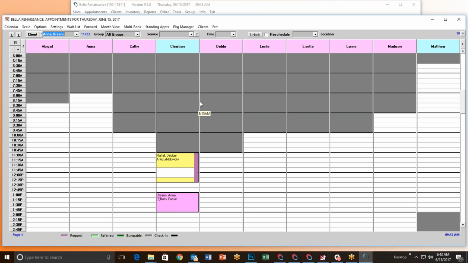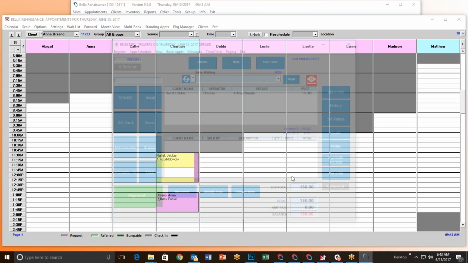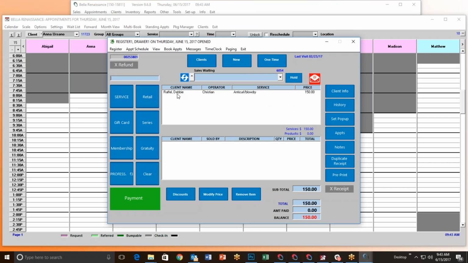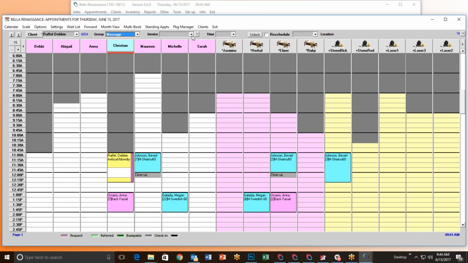The easiest way to get to the point of sale is simply by right-clicking on an appointment and selecting Checkout. That'll open up my point of sale register with my ticket already filled up for me. Let me go ahead and clear that and exit out of it. And I am going to pull up Debbie again. And I'm going to choose another service for her. We'll go with the massage. We'll do a physical therapy massage with Anna, and we'll do that at